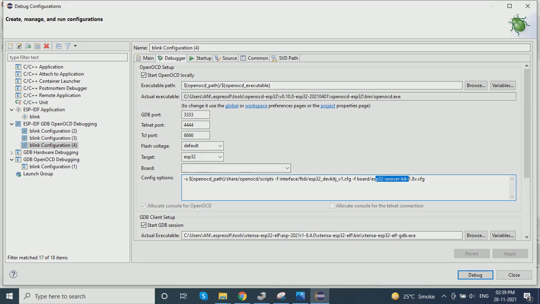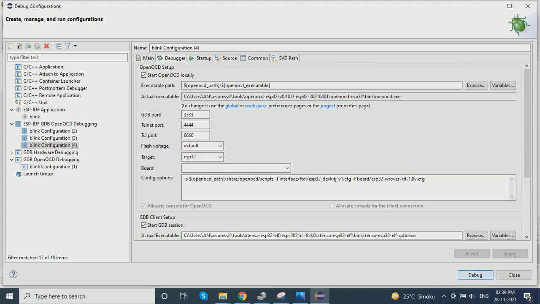Config options path is very important, because as we are debugging on the ESP rover kit, this path is coming for the ESP rover kit. So if you do debugging for ESP32-D or 32-U, you need to change it manually. That I will show you later in the next video.